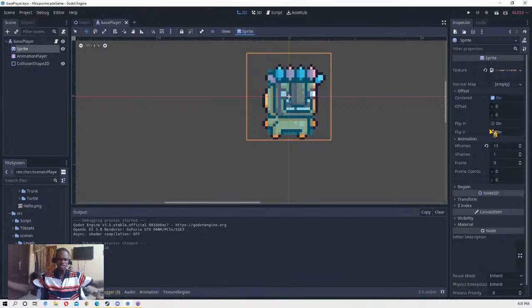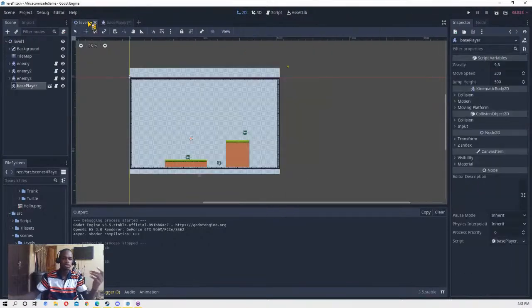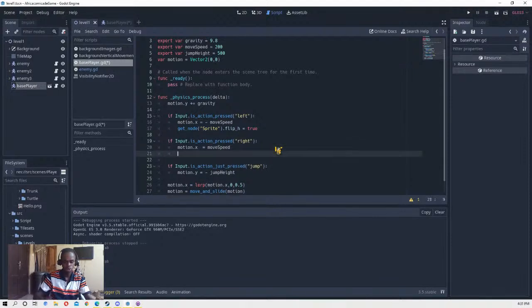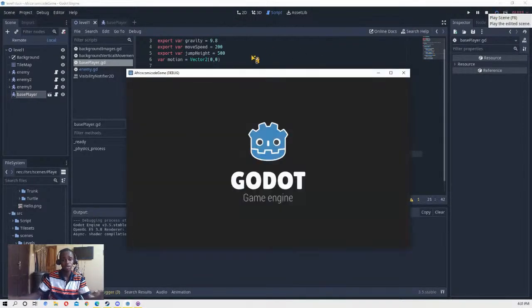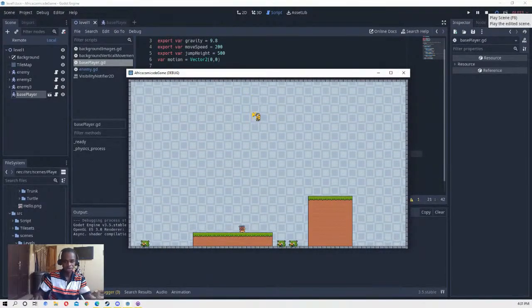If our player is facing left, we want flip h to be true. If our player is facing right, we want flip h to be false. So we can go back and say this one is true, this one is false. Now you can see moving left, moving right,